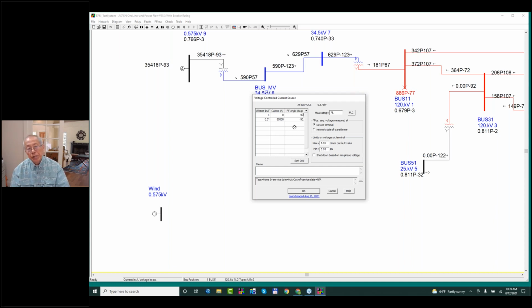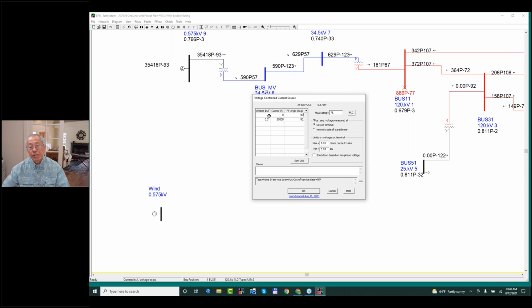You can still use this if you are modeling your solar or type 4 wind with this one, you don't have to change it right away. But one thing I do ask you to change is to make it not inject any real power. If you look at the new version of the user's manual that we put out with 15.4, which you have not received yet, and you look at Appendix K, it will show you how to get rid of this real power injection. And I have done that for this